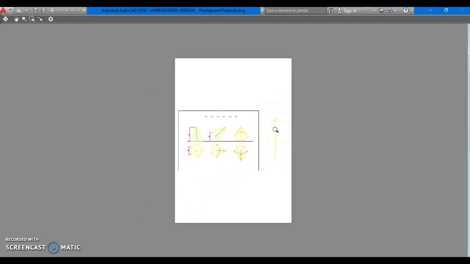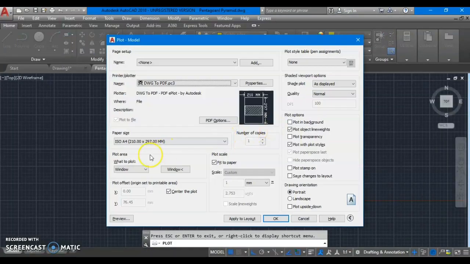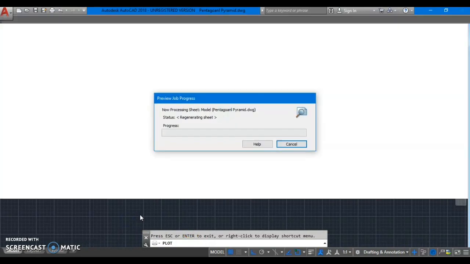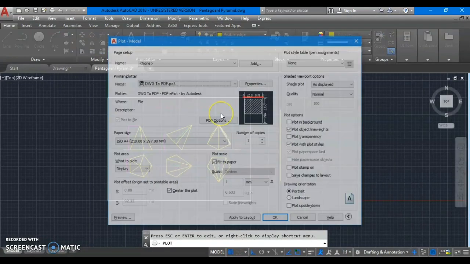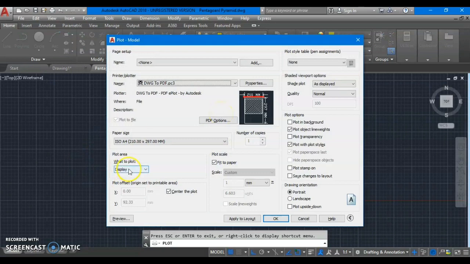So this is the difference between limits and the different commands. If you say display, it will print whatever is visible on your screen at that moment. Fine. So the preview is like this. A big screen was there and in the center something was there. Fine. So these are the different commands in print that we can understand over here.